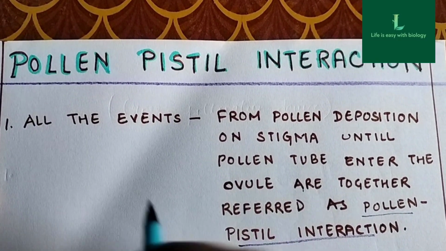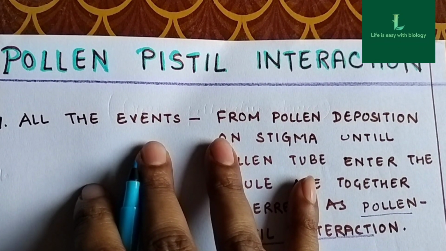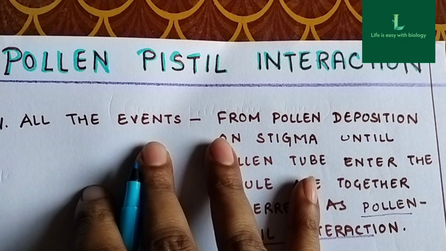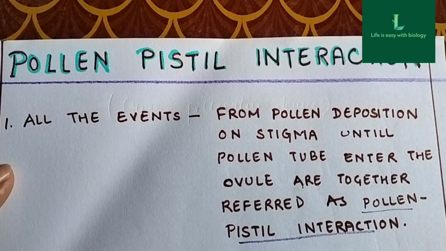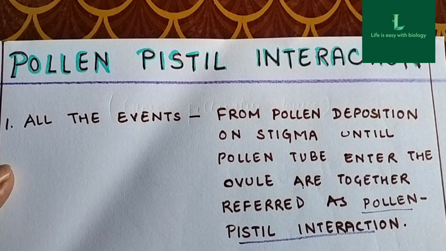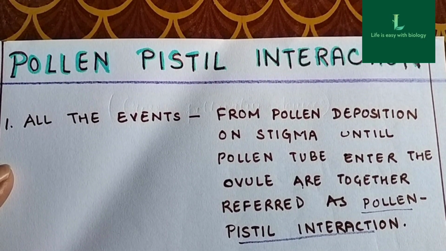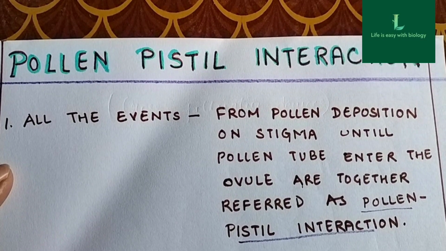Let's begin with today's topic of pollen-pistil interaction. Students, before this, we have already discussed how the pollen grains inside the anthers are produced. That is the male gametophyte which carries the male gamete within it, right? And we've also studied how the embryo sac, that is the female gametophyte, consists of the egg cell and the polar nuclei within it. Now, we have seen the process of gamete transfer, that is pollination, by different means, whether it is abiotic or biotic means. Now we will see how this landing of the pollen grain onto the stigma brings about the pollen-pistil interaction. How does this pollen-pistil interaction take place?